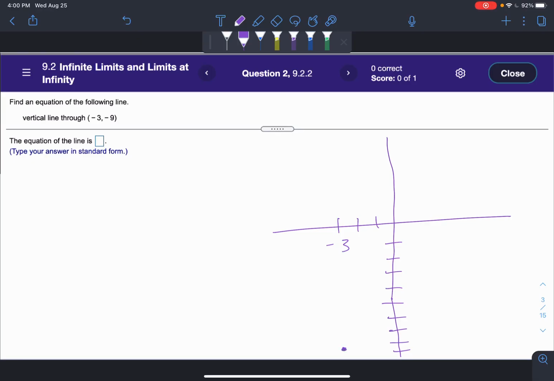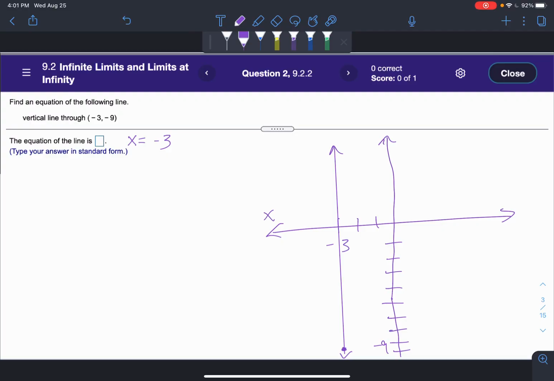But now instead of a horizontal line which goes left to right and intercepts the y-axis, I want a vertical line, and this goes up and down, like so. And now you can see that we intersect the x-axis, and so the equation of our vertical line will be x equals -3,